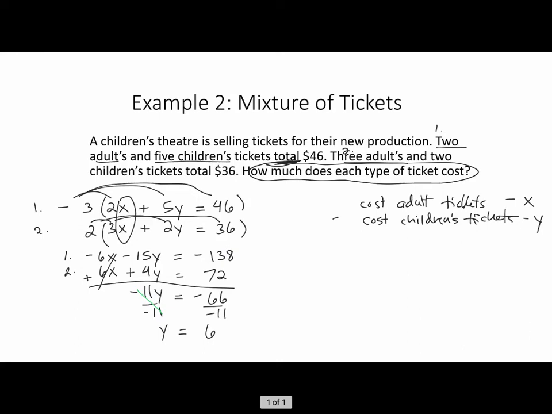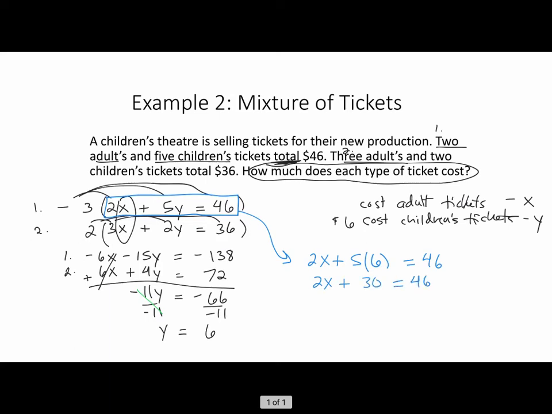So we think that children's tickets would cost $6, because that's what we found for Y. So now we need to go back to one of those equations. Doesn't matter which one. Preferably one that we had before we multiplied. So let's say we take this equation here. 2x plus 5y equals 46. Well, we think that y is 6. So when we put 6 in for y, let's solve this equation for x